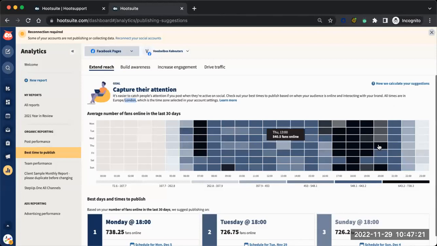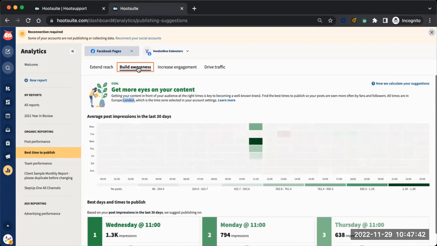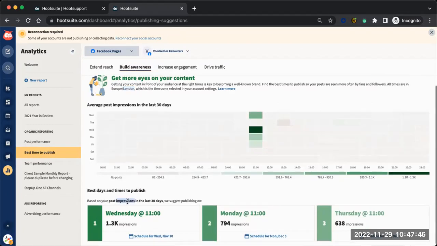Got it. So basically what it's telling you is that if you post on a Monday, that's most likely to get seen by people because most of the people who follow this Facebook page are online at that time. I see. And then the different goals look at different metrics. Okay. So building awareness actually looks at impressions. So this is saying that although most of your fans are online in the